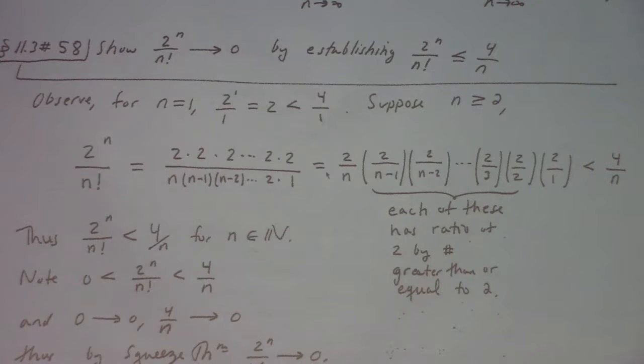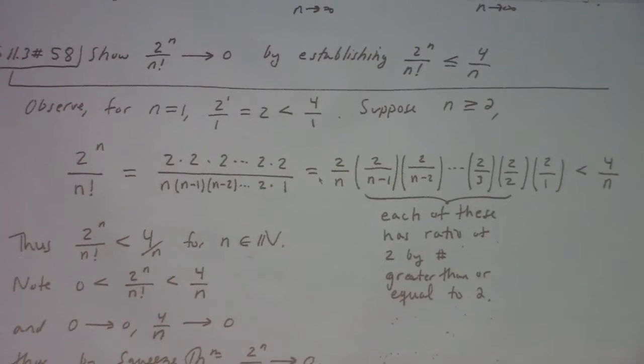What theorem did we have? Remember? If a sub n is less than or equal to b sub n, which is less than or equal to c sub n, and a sub n goes to 0, and c sub n goes to 0, it implies that the limit as n goes to infinity of b sub n is also equal to 0. This is the